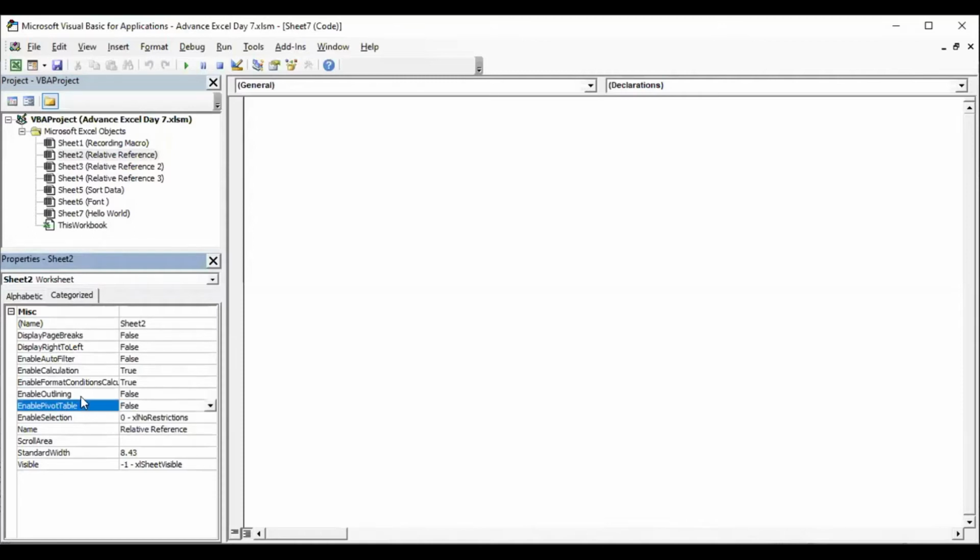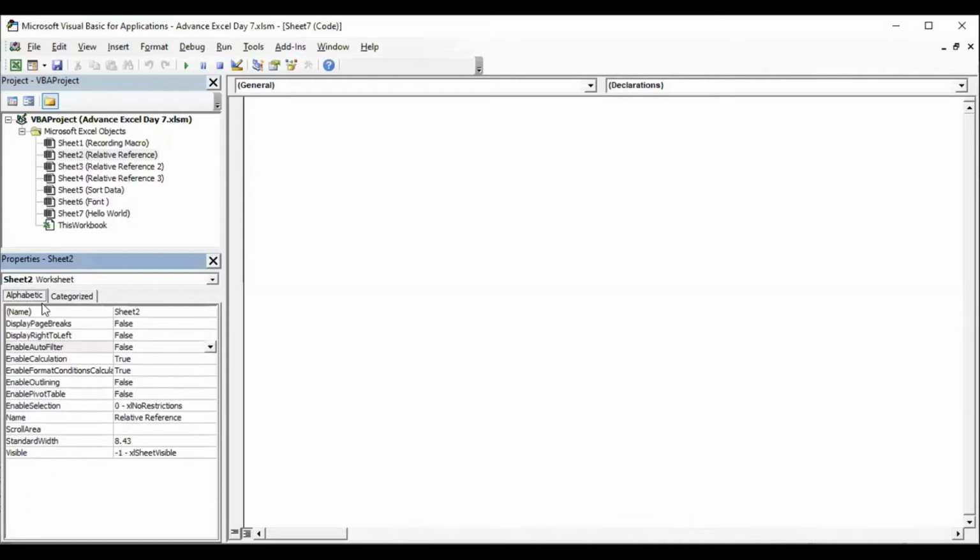These are certain tools in the Visual Basic environment, and we will use some of them later, not now. These are the worksheets in that particular workbook, the different sheets in the workbook we have opened, Advanced Excel Day 7.